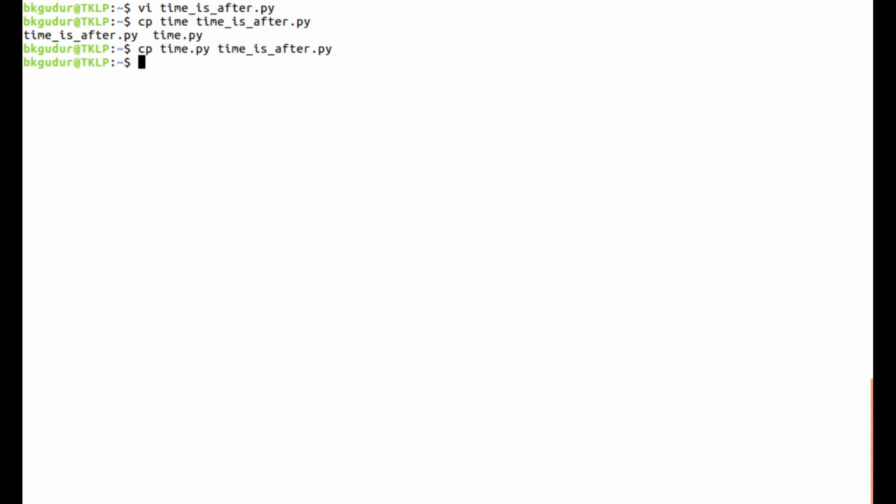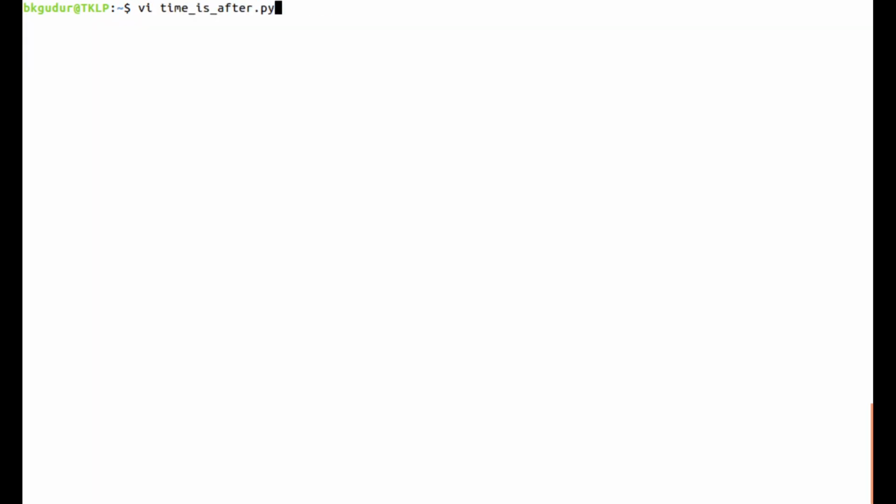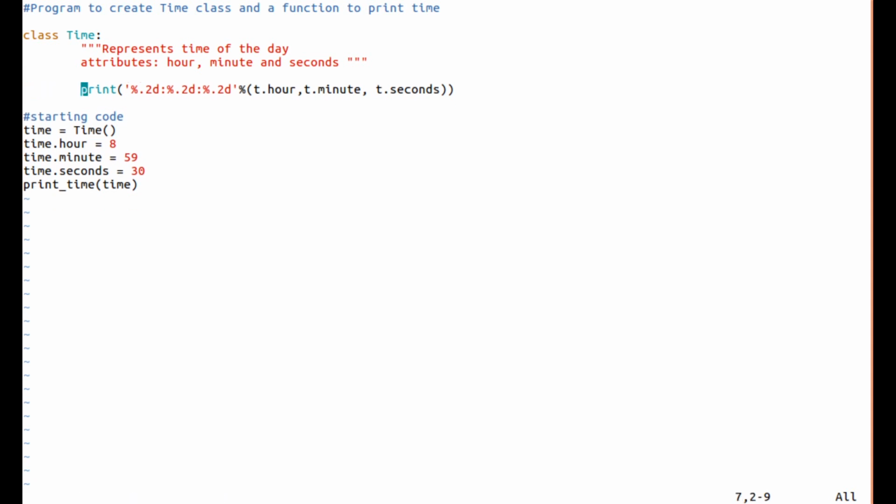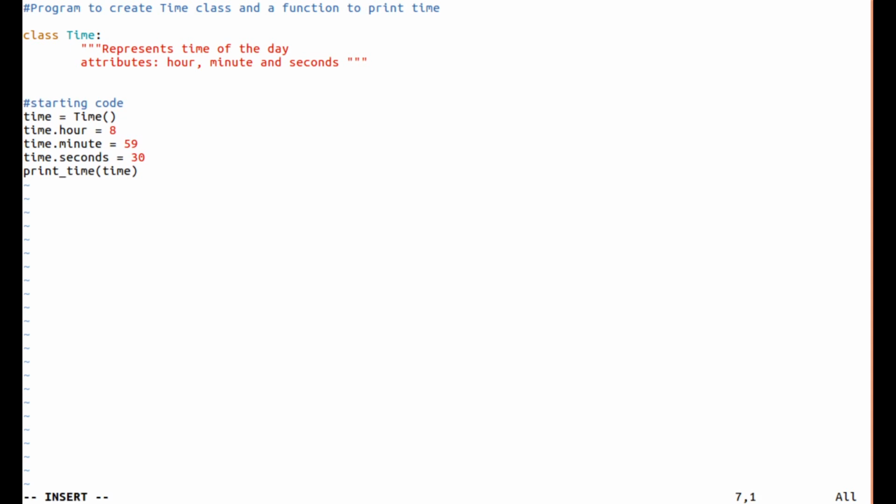This will be copied, and now vi. Up to this it will remain the same. I am not going to use the print function, so I'll just delete it, no need.